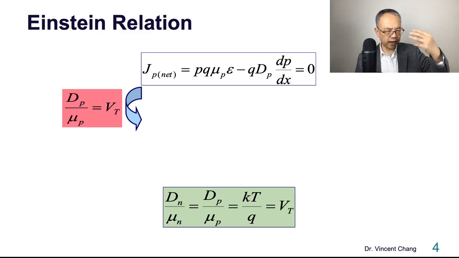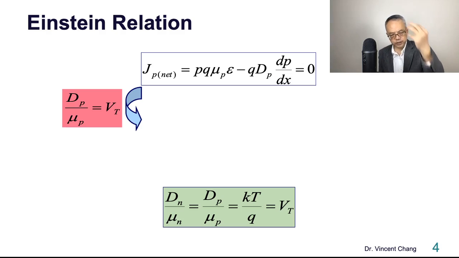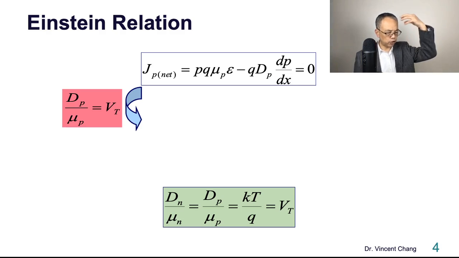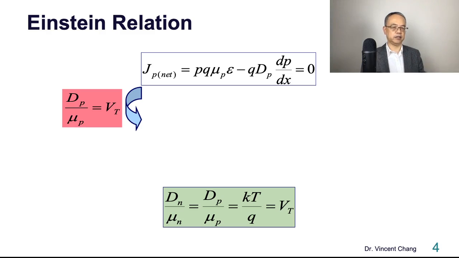There's a relation called the Einstein relation, describing the relationship between two fundamental parameters. One is called diffusivity. The other one is called mobility. The ratio of diffusivity to mobility, diffusivity in the numerator and mobility in the denominator, is a constant. It's a temperature-related constant: Boltzmann constant k times T, absolute temperature, divided by electronic charge q. It's called the thermal voltage. So if we take the ratio of Dp over mu p to be the thermal voltage, then